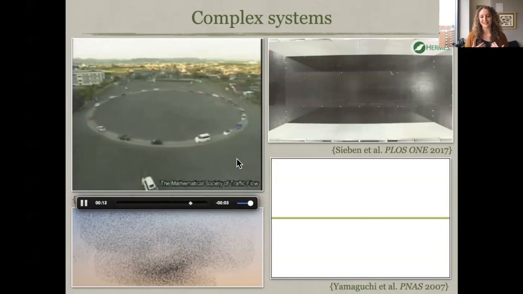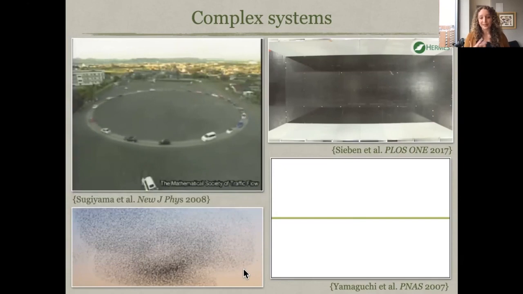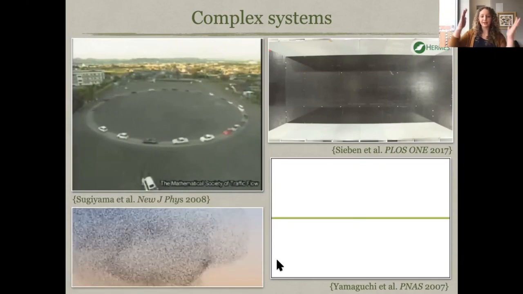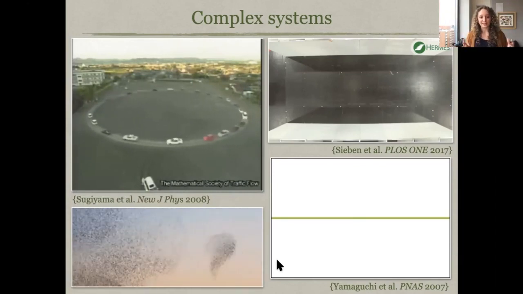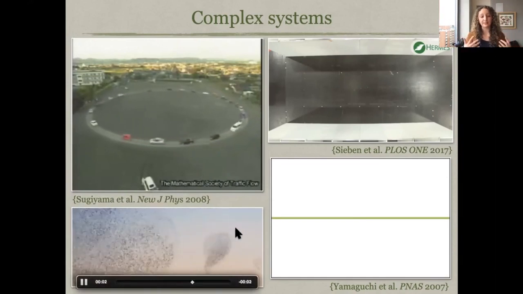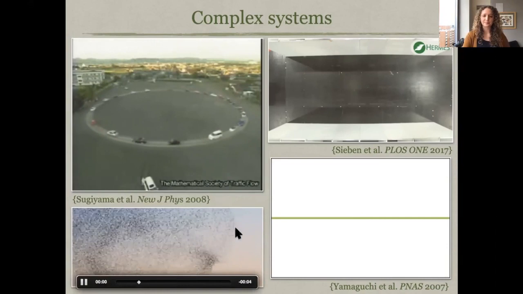And so one of my favorite things to do, either when I'm boarding an airplane or when I'm driving around town, is to think about how my choices as I drive are influencing the larger traffic patterns. Now, another example of a complex system that we might think about more naturally is flocking birds. So here you see some beautiful birds tracing out this pattern in the sky. And again, there's no one saying to form these lovely patterns. It's coming from the individual interactions of the birds.